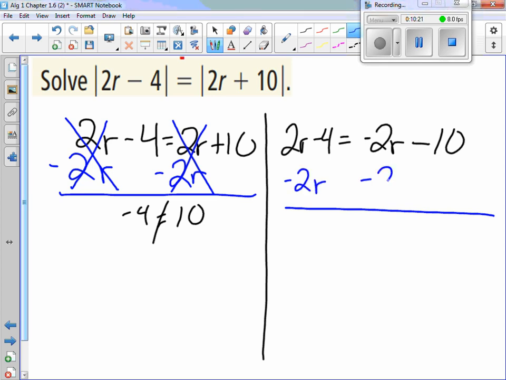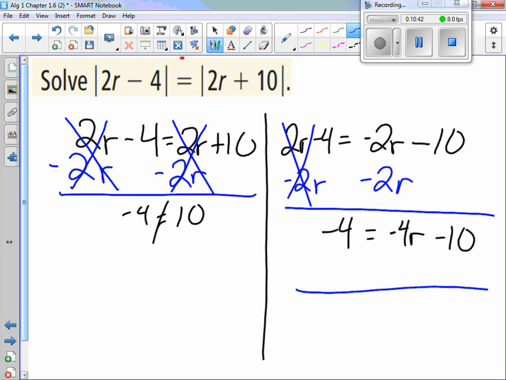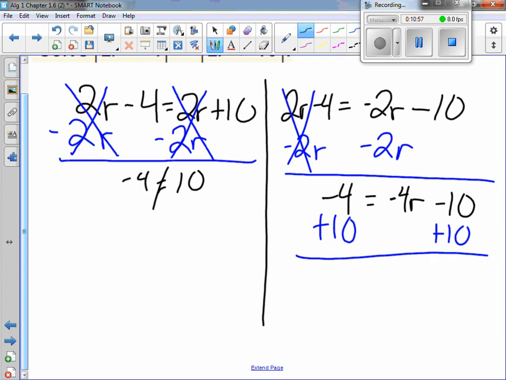Let's subtract 2r again, because these here will cancel out. And all I'm left with is equals negative 2 minus 2 is negative 4r minus 10. So what can we do to get negative 4r by itself? Because it has the negative 10 with it, yes? So what would we do? We're going to add 10 to both sides, because these here will cancel. I have negative 4r left. Negative 4 plus 10 is